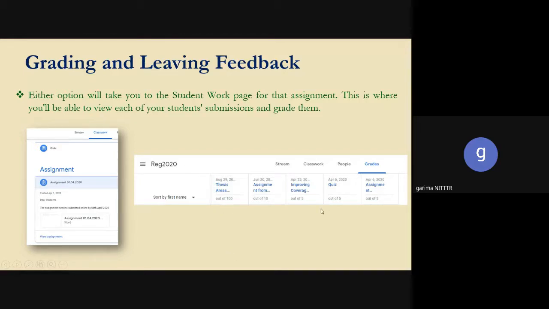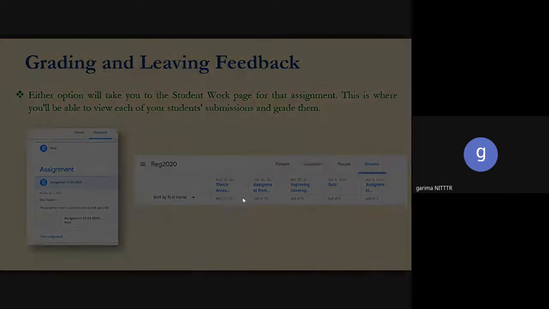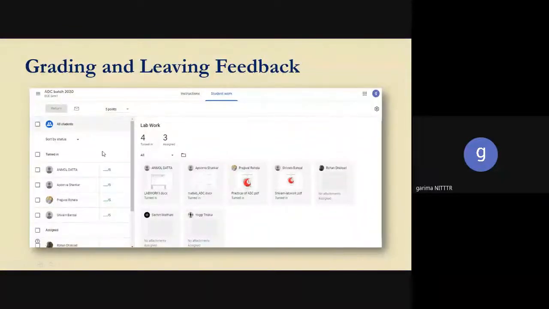So I'll just show you. For example, this is another batch. This batch has these students. This is our new batch, so they have just started turning in their assignments. Some of them have turned in, some have not. Even if they have not turned in after the due date, you can obviously tell them that this is the time limit, this is the date, and if you do not submit, your marks will get deducted. So it is up to you how you will assign grades to the students, your basic criteria for assigning marks or grades.